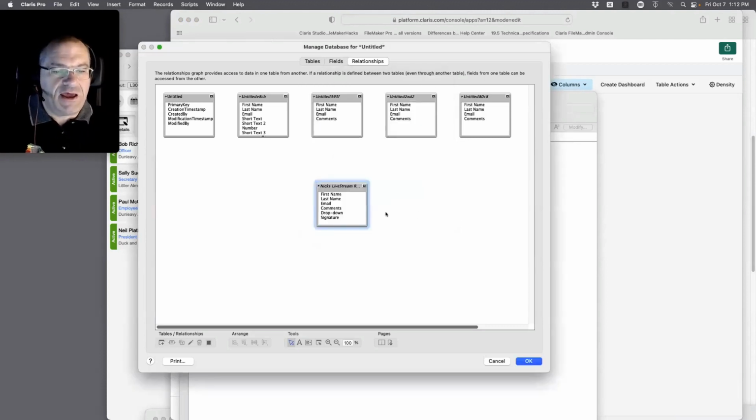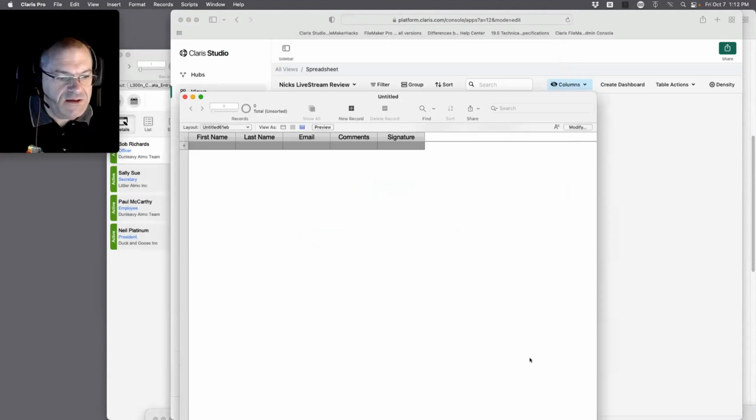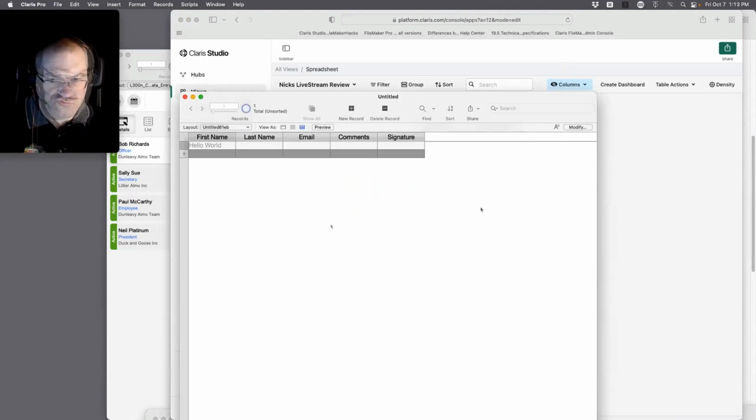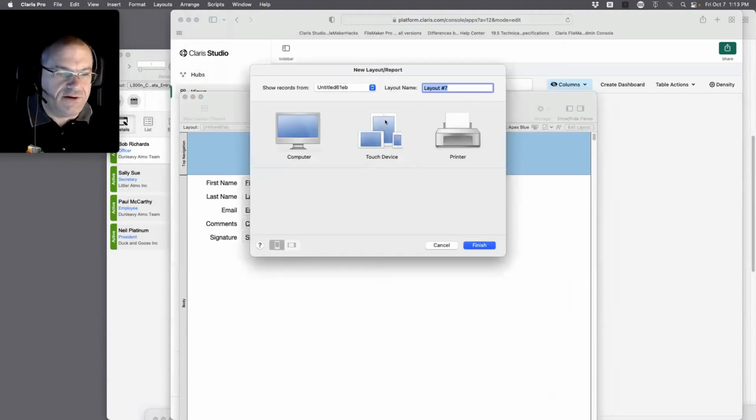So I sent a question to Claris to see, hey, how's this work? And then you got that data there. I say okay, and then it shows no data. This is an old data. Okay, so let me go to layout, create a new layout. Normally, when you put a table in, it adds it, but we didn't add a table. We added a table occurrence.